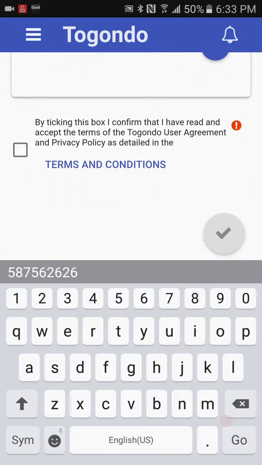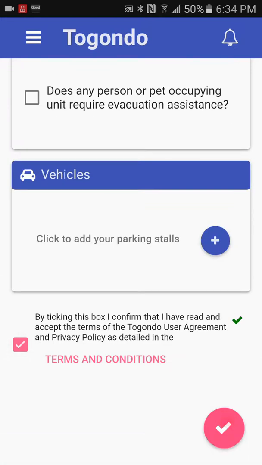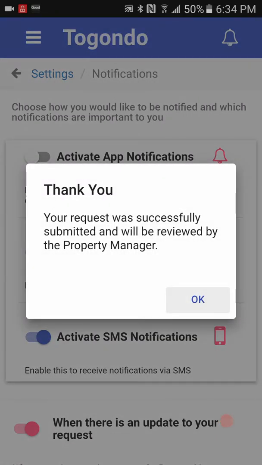And finally, it'll ask me just to agree to the terms and conditions. You can review those just by clicking on the words terms and conditions. But in this case, I'll just say, yeah, I'm happy with that. And then I click submit. So that's it. That request now to move into Togondo Gardens in that particular unit number is now sitting